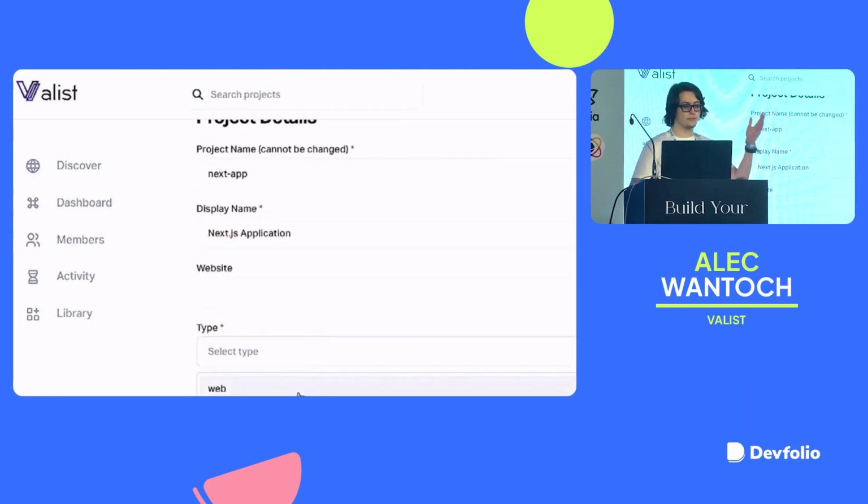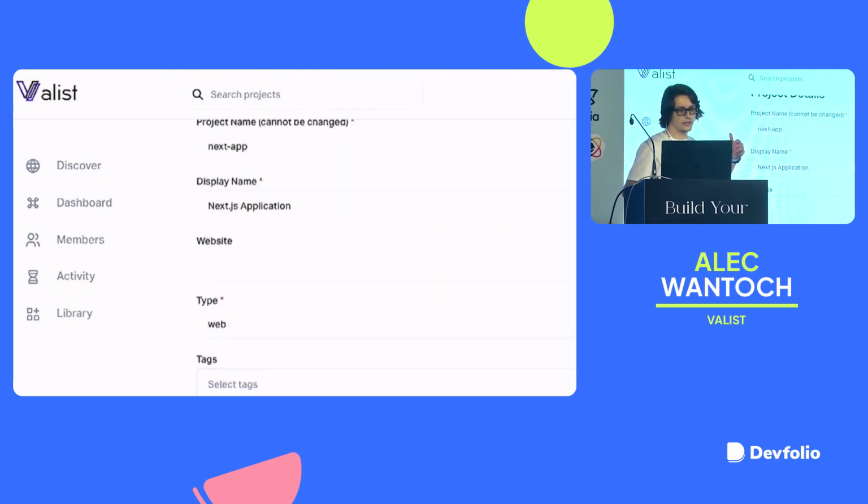And then all we have to do is pick the project type, whether it's web, native, or CLI. This is just a hint to the UI. It still supports every platform regardless of what you pick here. But this is more so what your default preferences are for the rest of the UI signaling here. So if we click web, we could go there.